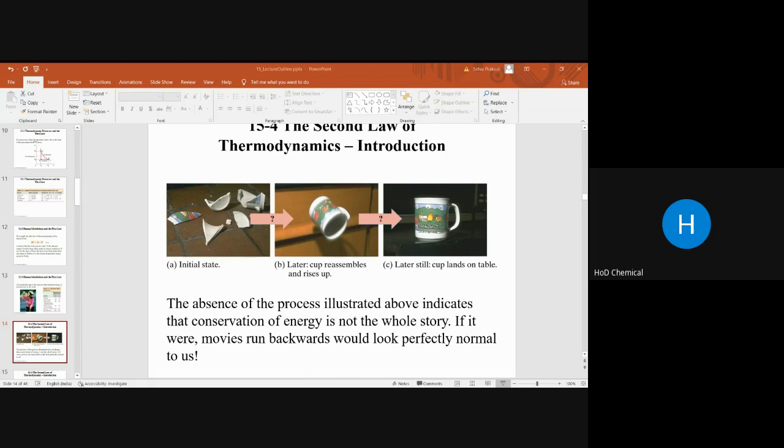Now the next one is heat engines. A heat engine needs a temperature difference. Why does a heat engine need a temperature difference? Otherwise, the work done on the system in one part of the cycle will be equal to the work done by the system in another part, and the net work will be zero.